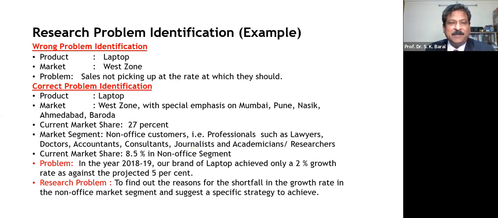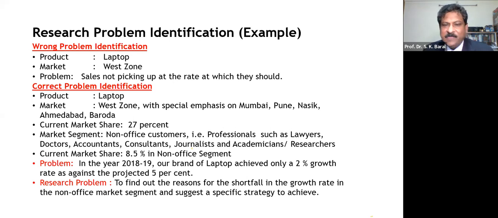So whenever, for example, we are selling a laptop and the market is in question, and the problem is that sales are not picking up at the rate they should, maybe 5%, 6%, 7% was our expectation, but it is not picking up. But this is not a right problem identification. So if you need to identify the problem, you should search the review literature. In this context I am telling you, the product is a laptop, the market is Western, with special emphasis on a particular area where we have got adequate